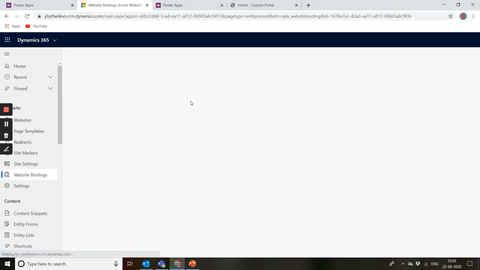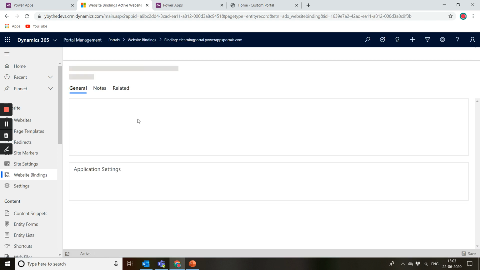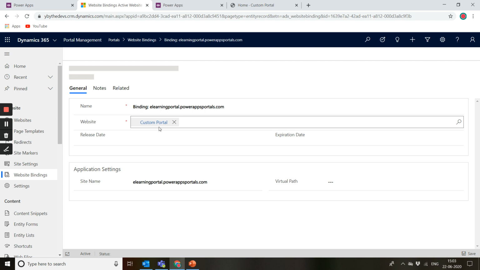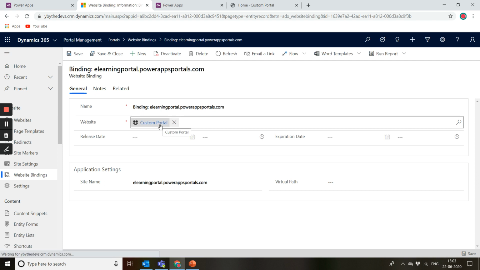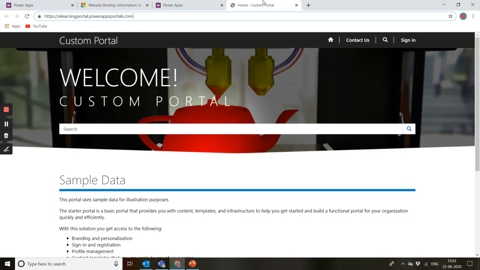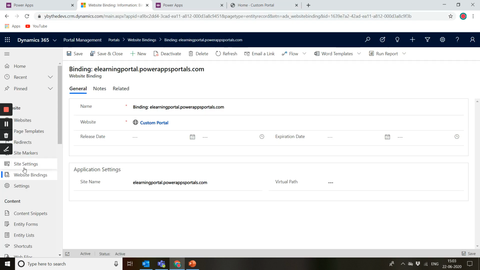If I come here and change my website from custom portal to, let's say, starter portal, if there exist any other websites, and I restart this portal, I can see that it no longer points to custom portal. I'll be able to see the pages and everything for starter portal. So this is where website bindings come into the picture.